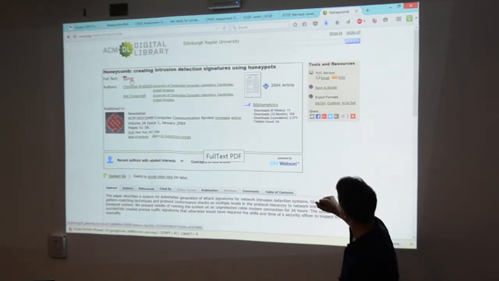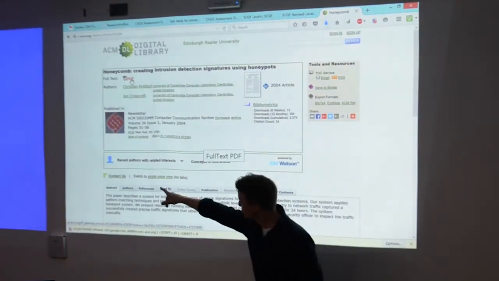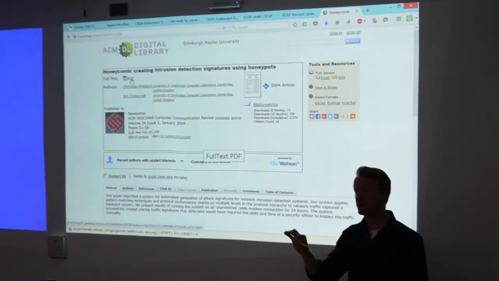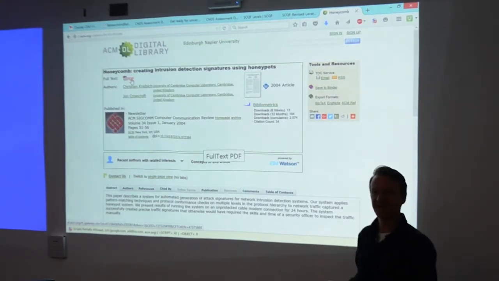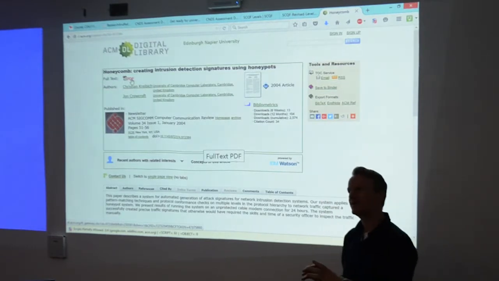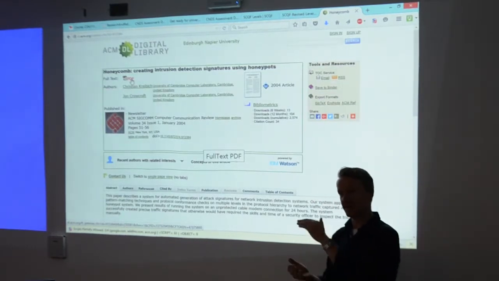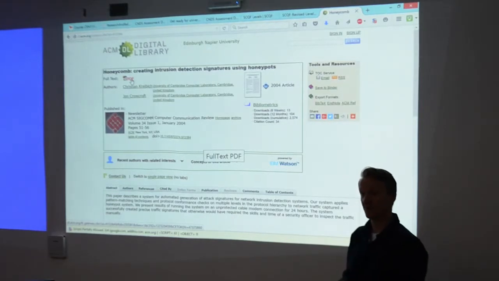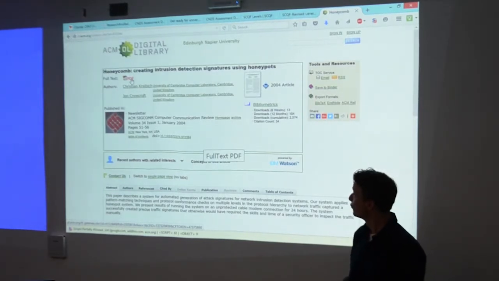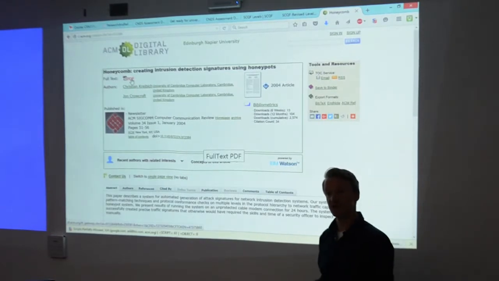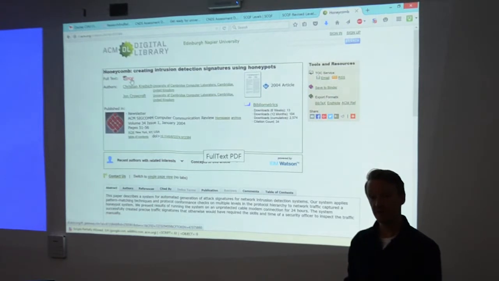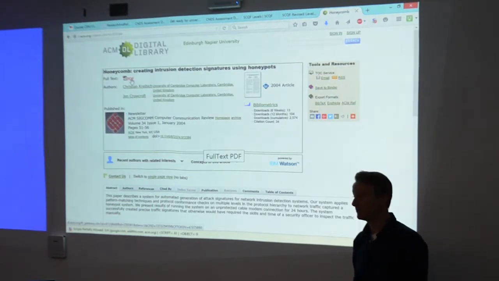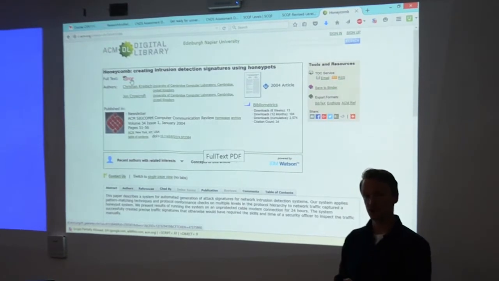Usually there is somewhere across here where you can just say log in with your institution. It's usually an institutional login, okay? You just click that and say Napier and it takes you to your login via Shibboleth. So if you're off campus, you should be able to get most of these things as well. You should be able to log in through Napier. If there's any problems with that, let me know, especially the distance students.